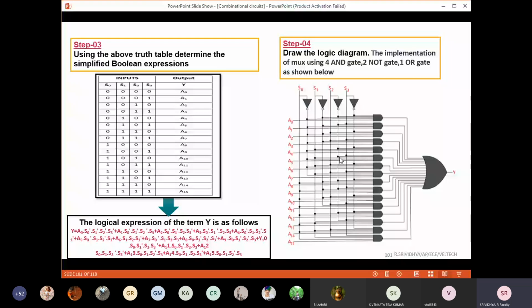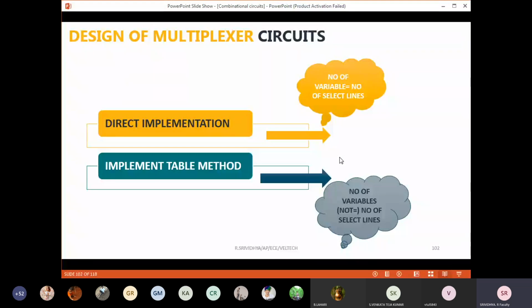So in order to reduce the complexity, a scientist proposed a method called implementation table. Okay, what is this? What are the steps to follow in it? We are now going to see problems under direct implementation as well as the implementation table.